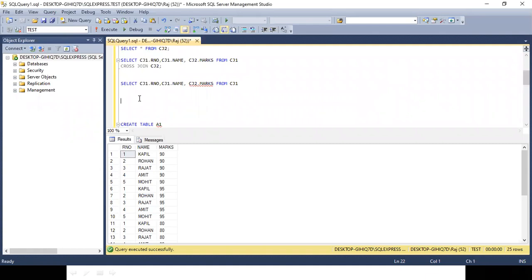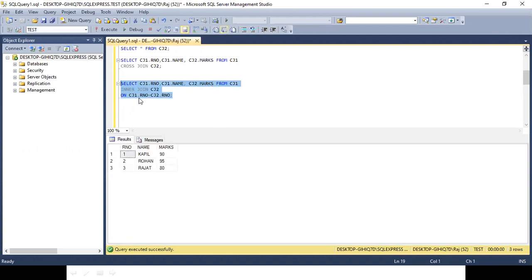Now see this. There's an important concept coming up: from CJ1 inner join CJ2 on CJ1 dot roll number is equal to CJ2 dot roll number. What is one of the major differences you can see in these two queries?